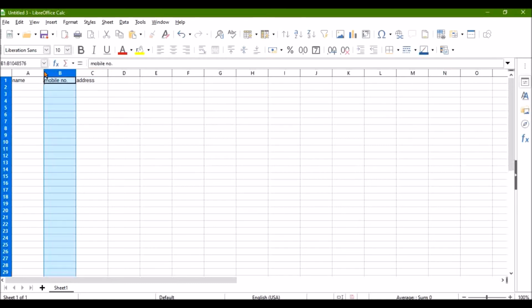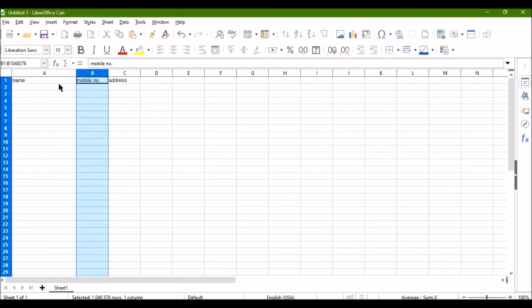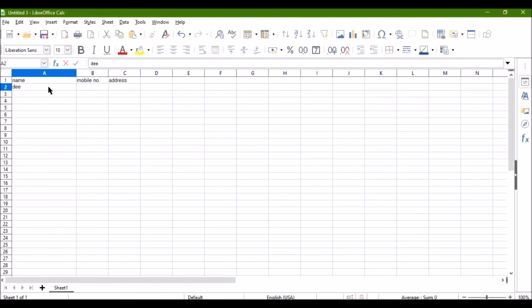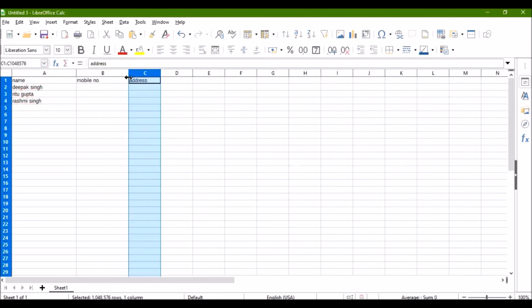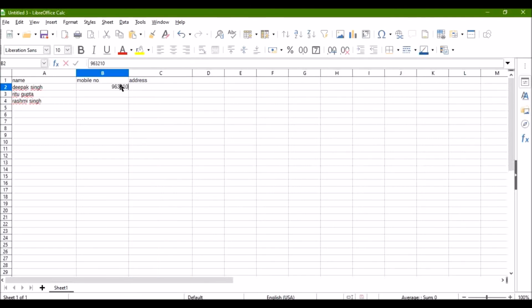I'll just increase it, and whatever names I want to write, I will write. Suppose these 3 names I have written. I want the mobile number also, so I'll write the mobile number. This is how we enter the address, whatever we want.